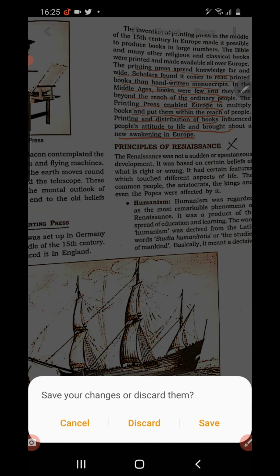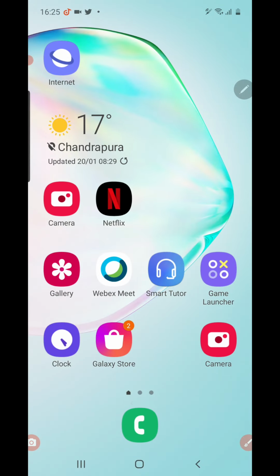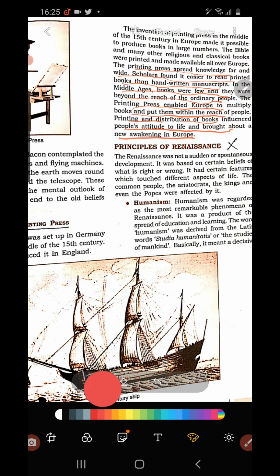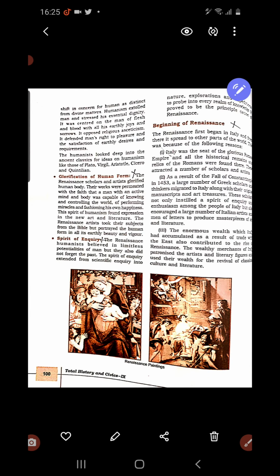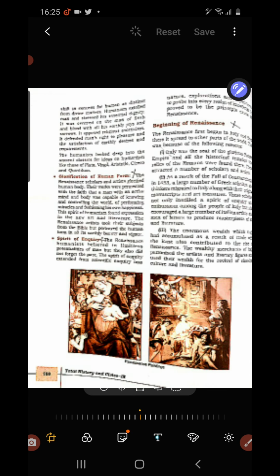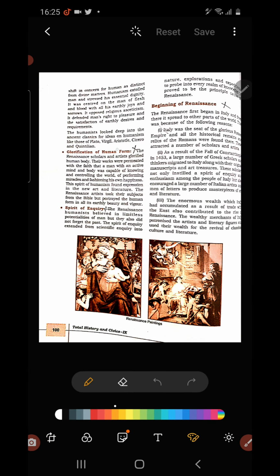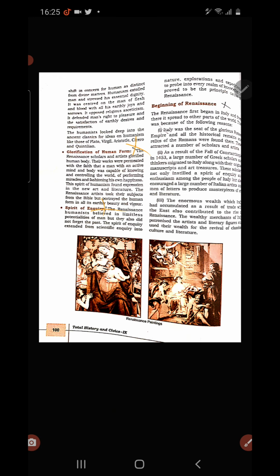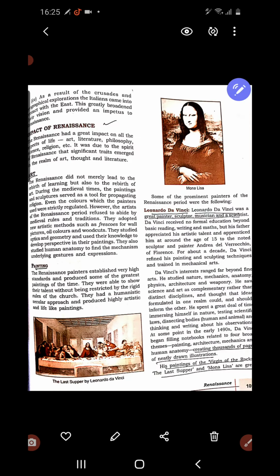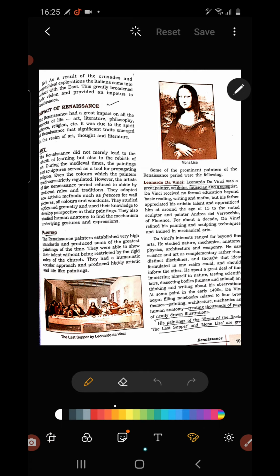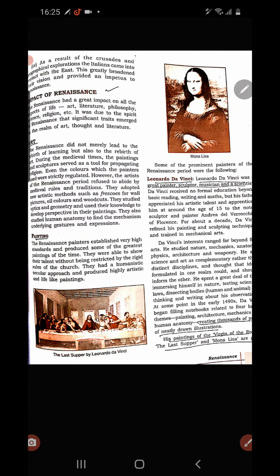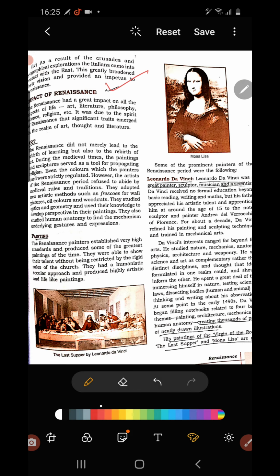These are the principles of Renaissance, children. You don't have to study this. Principles of Renaissance are not there in our reduced syllabus. These things are also not there. Then the beginning of Renaissance is also not there, you don't have to study. Then the impact of Renaissance is there, you have to study the impact of Renaissance. Children, under the impact of Renaissance you have to study about